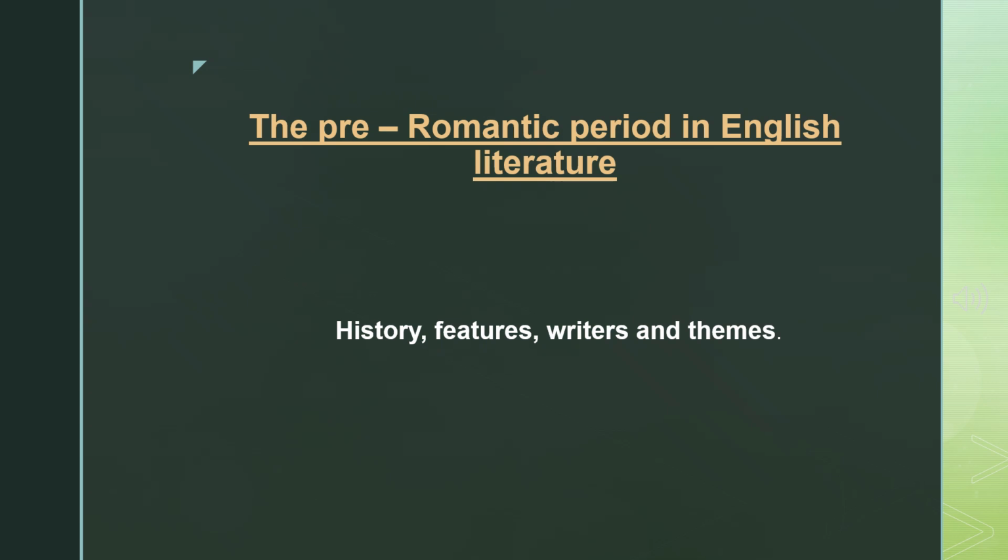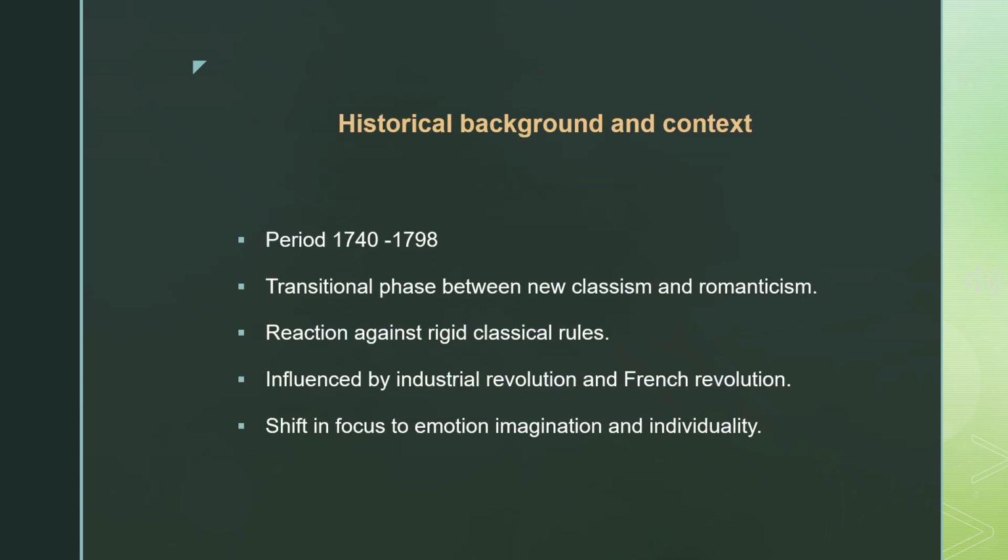Today we are exploring the pre-romantic period in English literature and its history, key writers, and features and themes in this video. Let's go. Historical background and context. The pre-romantic period in English literature appeared around 1740 to 1798, serving as a bridge between the neoclassical and romantic